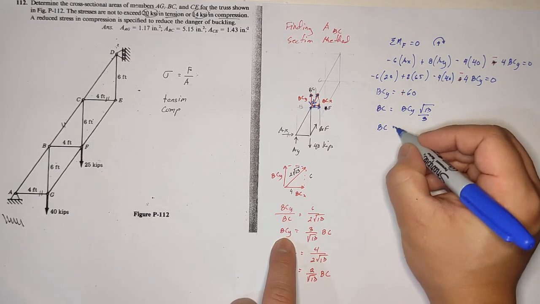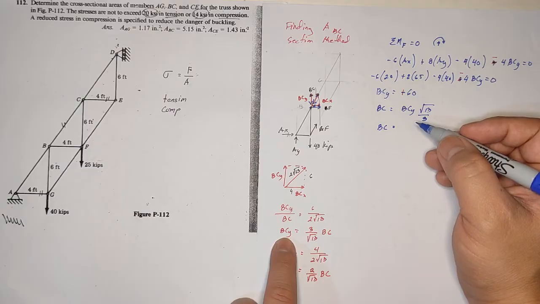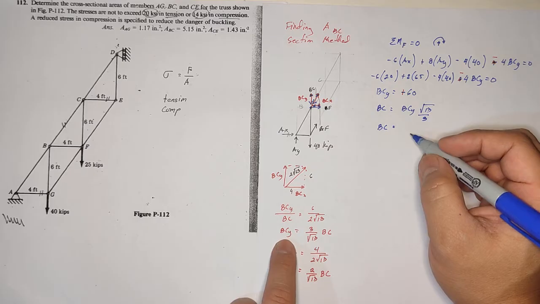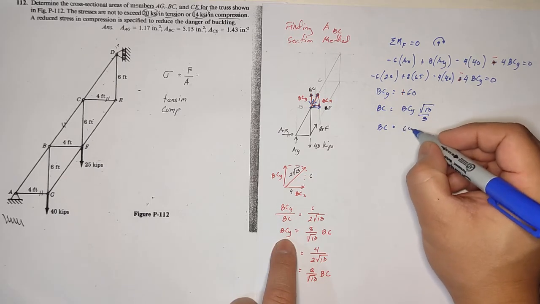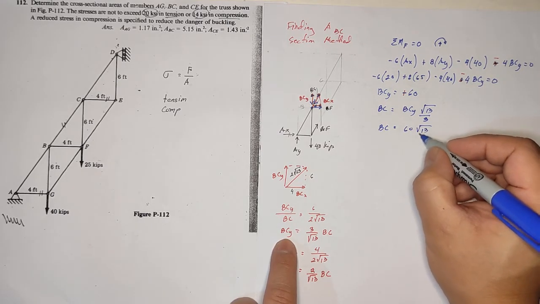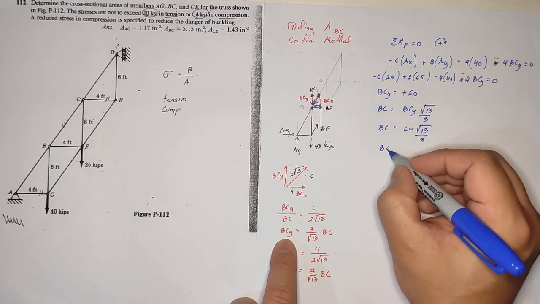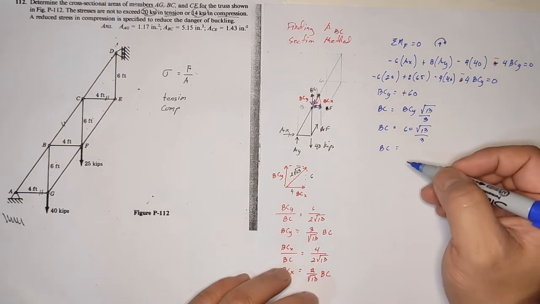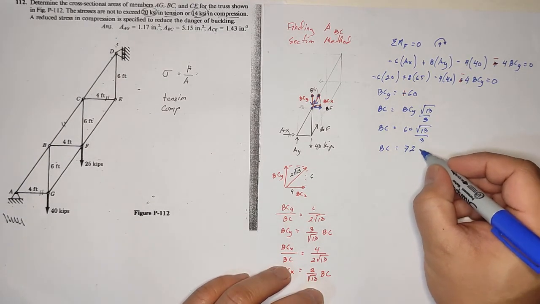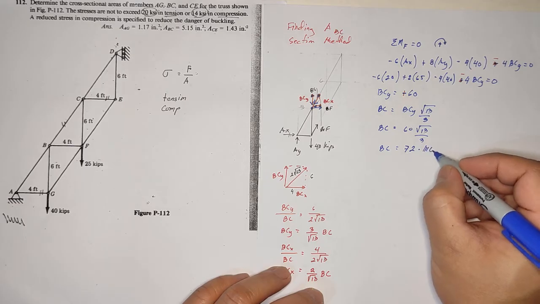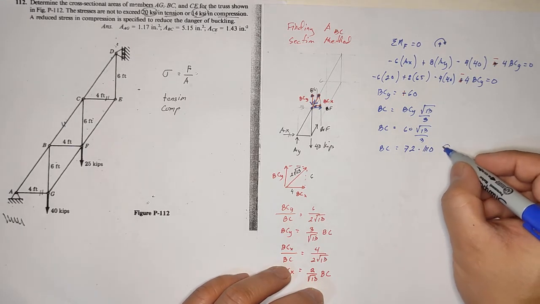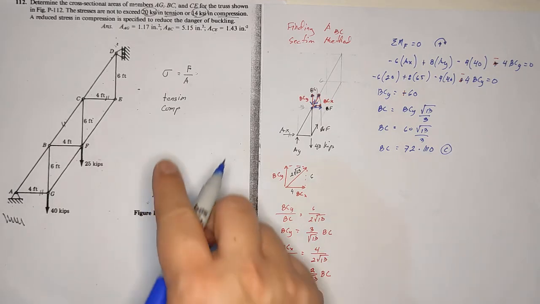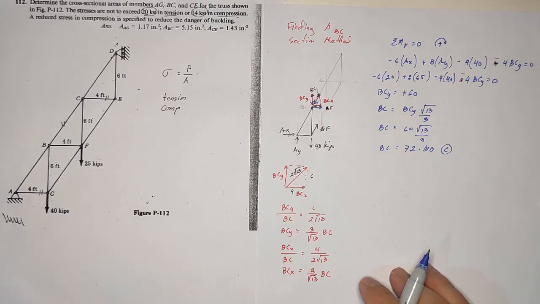So, BC, and actually we are computing for BC, so that's it. Then, you have BCY, it's 60, square root of 13 over 3. So, BC, what's the value for BC? That is 72.1110. And that is compression. Okay? If that is compression, unlike the other one earlier